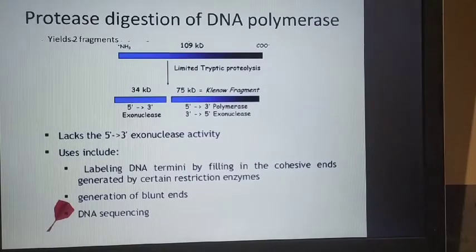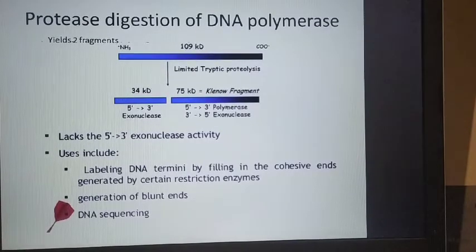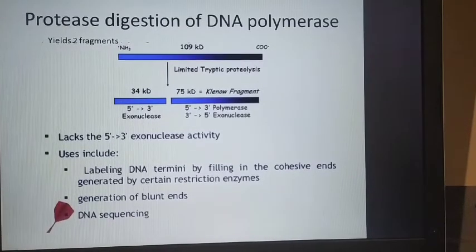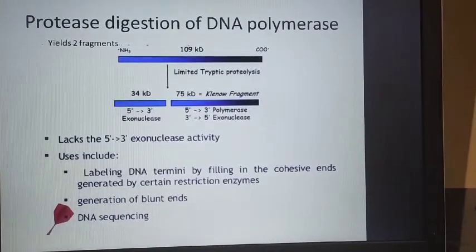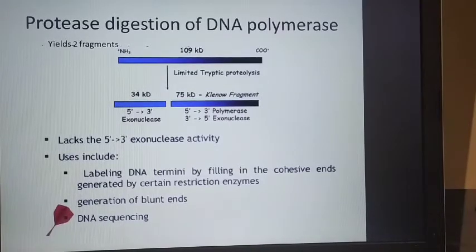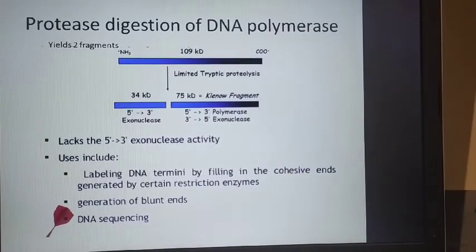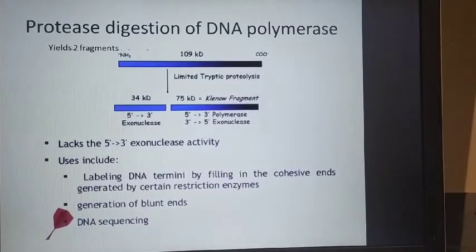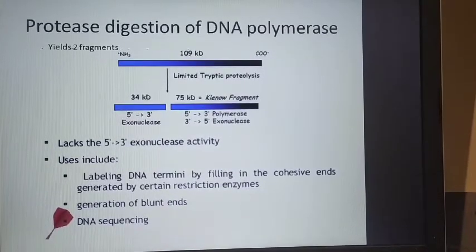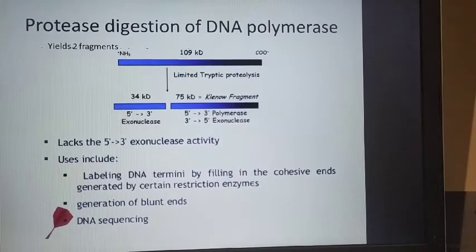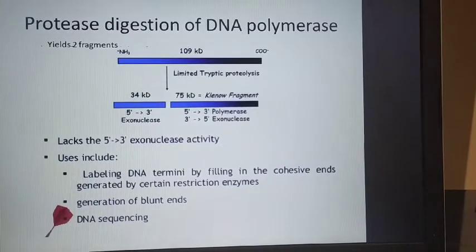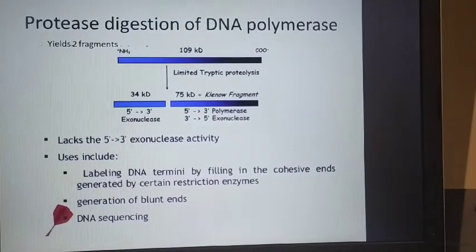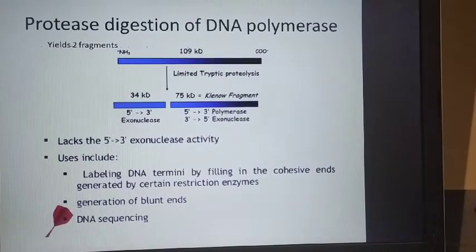You already have a DNA molecule which is having a sticky end. So you can make it blunt ended by adding nucleotides complementary to the sticky end. If these nucleotides are radio labeled, after their incorporation the whole DNA molecule becomes radio labeled. So that is how you are labeling DNA molecules, by filling the sticky ends generated by restriction enzymes. You just incorporate radio labeled deoxyribonucleotides complementary to the sticky end, and the whole DNA molecule becomes radioactive.